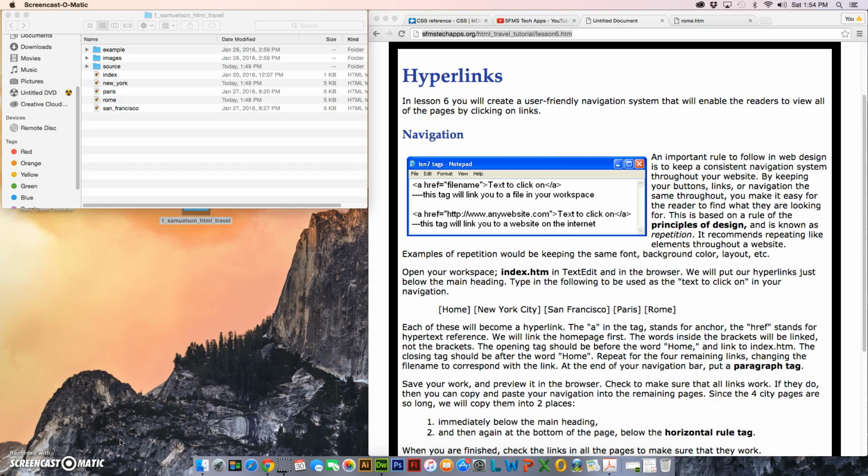In lesson 6, we are going to add our navigation to our pages. And our navigation is simply the hyperlinks that link from one page to the next. Now, it's very important in web design that we follow the principles of design. And one of those principles is repetition. So we want to repeat our navigation in the same place on each page so that our users can find